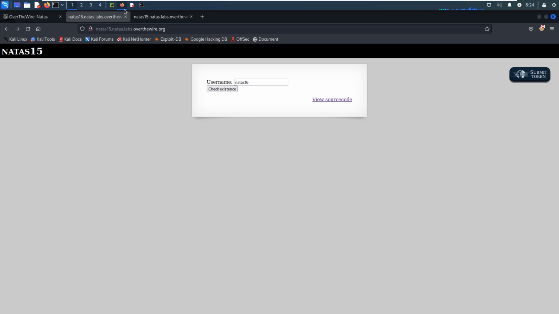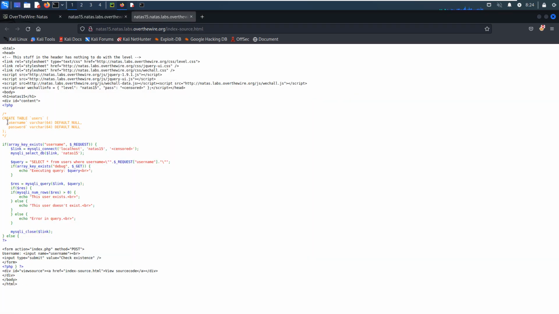Because just now we know that this table has two fields, or columns. The first one is username, and the second one is password. So next, I think we can utilize SQL injection to retrieve the password. So how? I think the question would be in your mind.